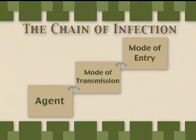Everybody needs to understand the ins and outs of preventing the spread of infection, so pay close attention. First, let's look at what causes an infection. We call this the chain of infection, and any part of the chain can be broken to prevent the transmission of infection. The first part of the